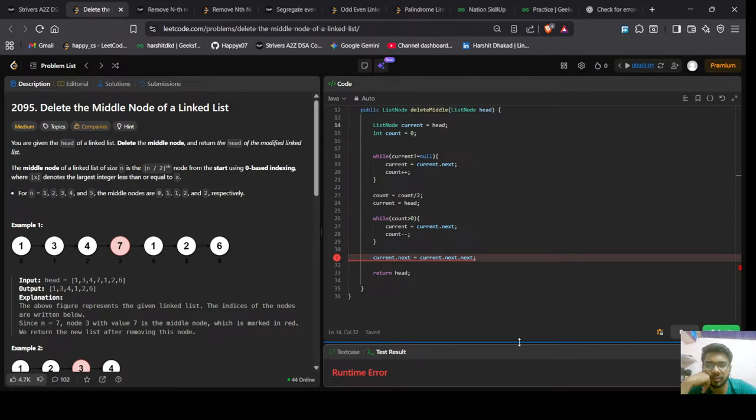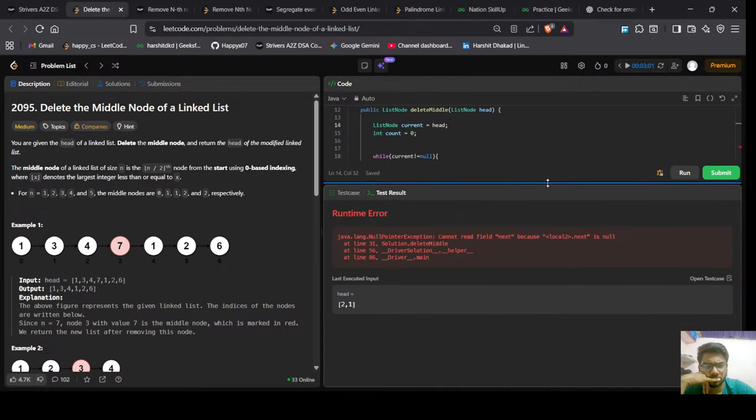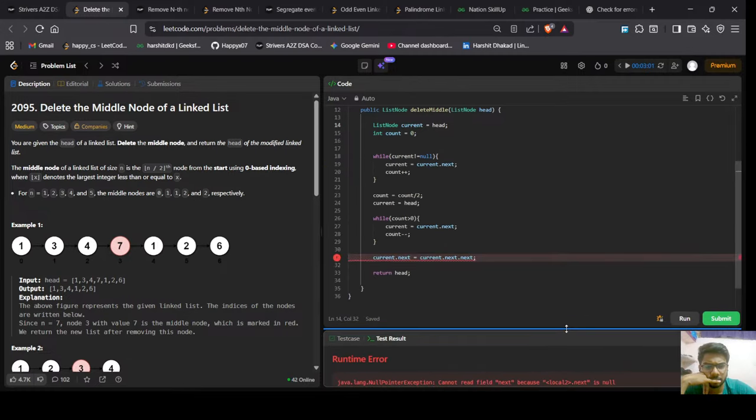And I had updated current with head. I am pointing to the middle node, and how is it null? How is it possible that it